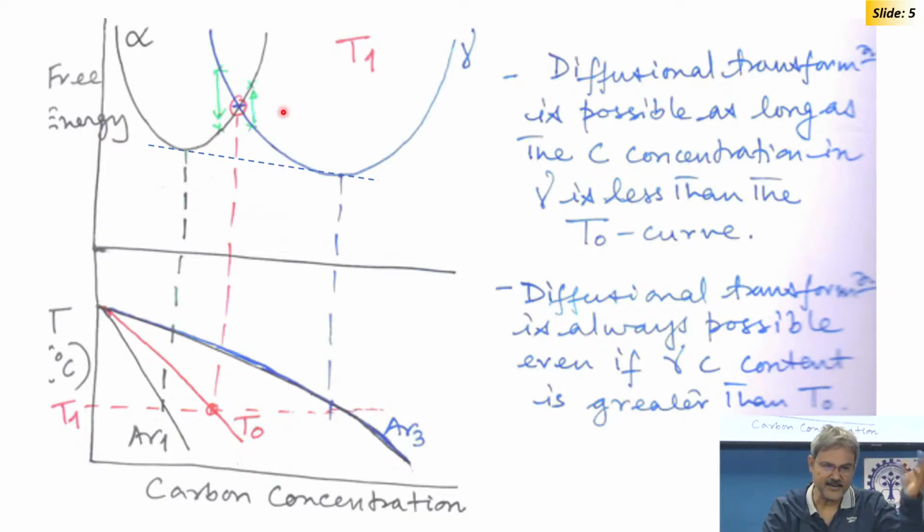Martensite, yes, you can quench and store any kind of structure, but it is very much true for bainite transformation. And at what temperature would the transformation happen? That is another question, because you see this much driving force is there. This is the change in free energy. Whether that is sufficient for you to nucleate a new phase, that is another question. It may not be. If you are just below this T0 composition, it may not be sufficient to cause the